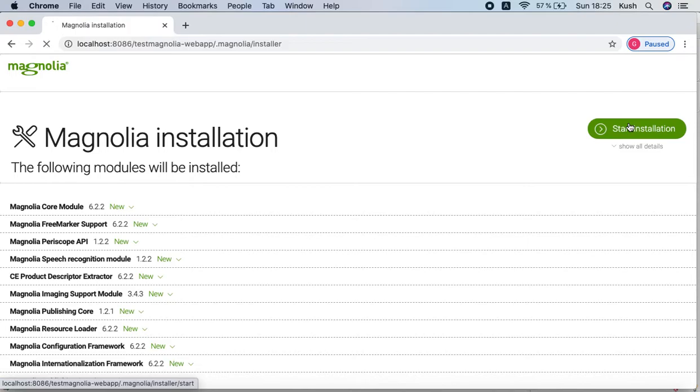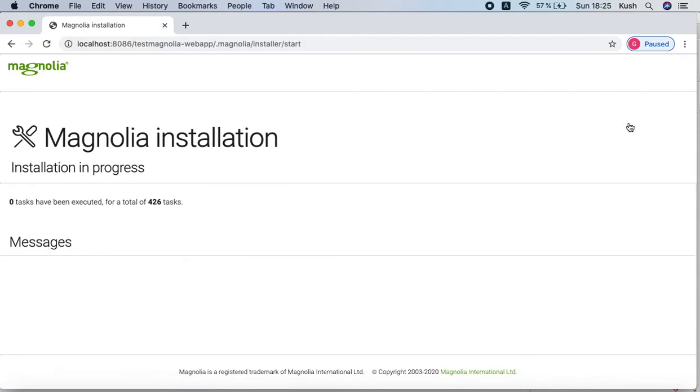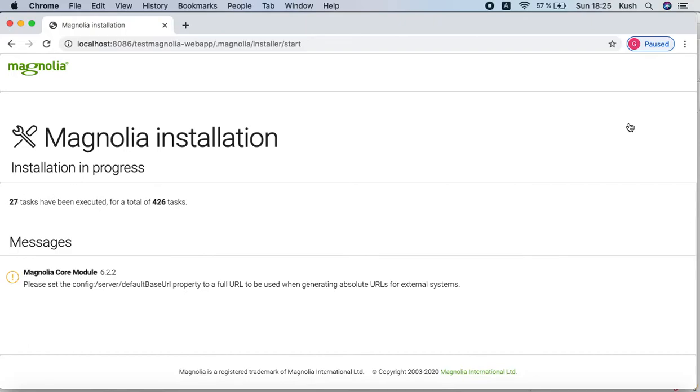So I will click on install. Now you can see it is progressing. Let's wait for a couple of minutes, and then we will move further.